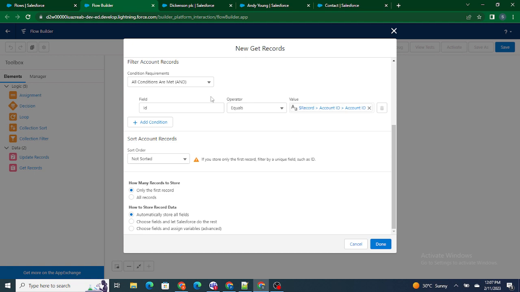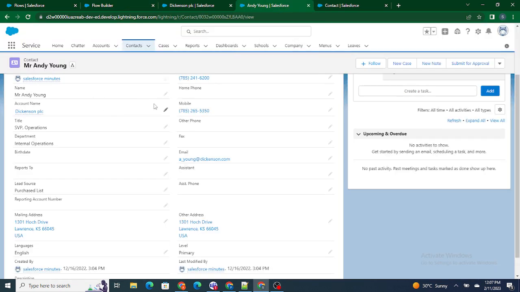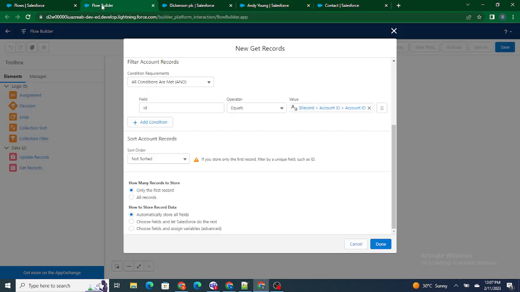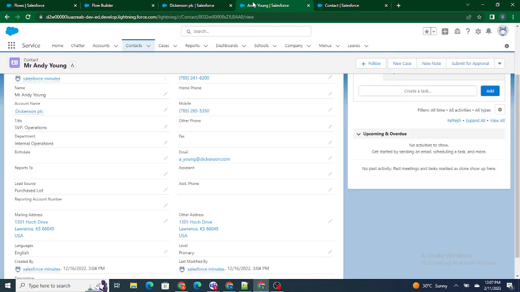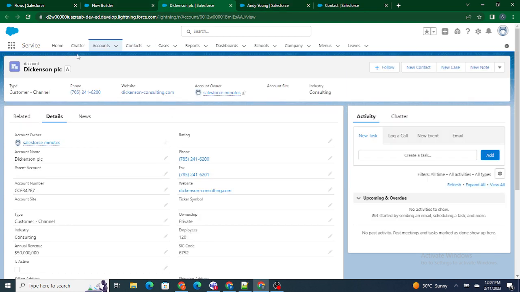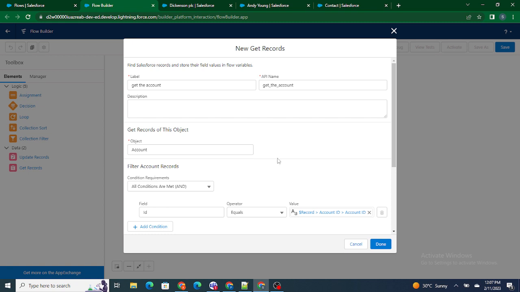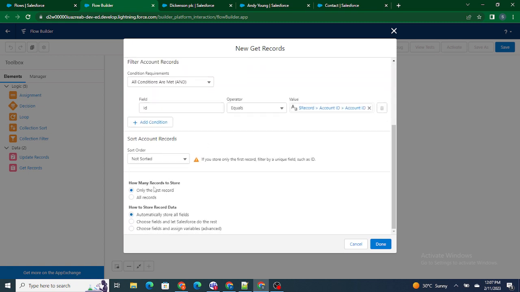So what this will try to do is, for the current contact which we are updating, the account lookup we are updating, it will try to get that particular account. So it will directly go, for example, if we are changing it to Dickinson PLC, it will automatically get this account inside this Get Records. And once we have got this account, we have to